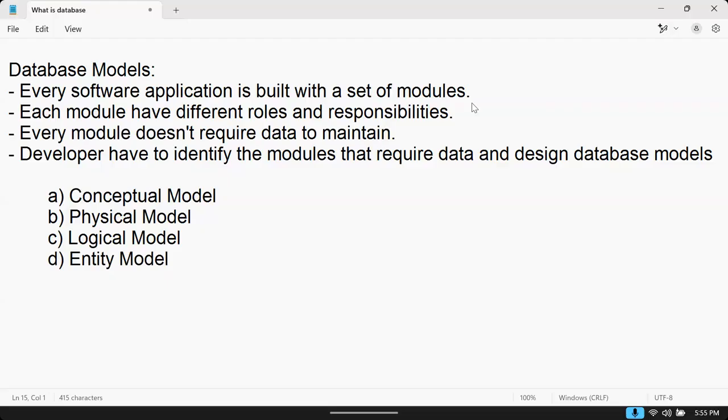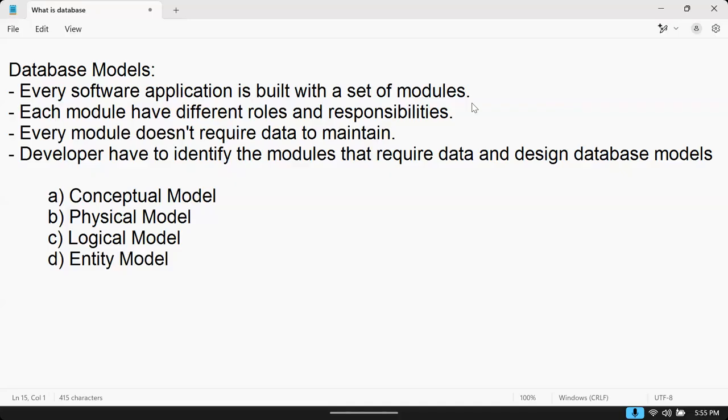So in any application development, to prepare and design a database, people who are learning database must know how a database is designed. That means what is the reference for creating a database.